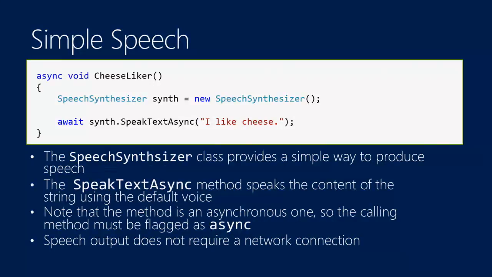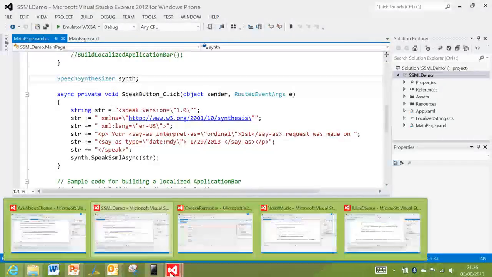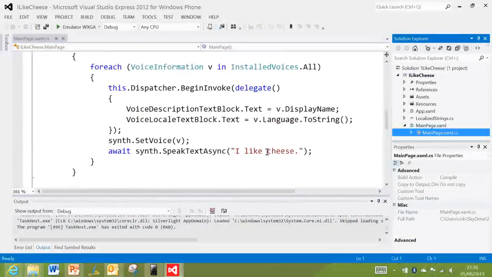And I've actually made it a bit more interesting than that, in that if I go onto my machine, and we go and have a look in here. I like cheese, that's fine. What this one does is it does it in every single voice on the phone. One of the things that you find is the emulator is fitted with a whole bunch of different voices. Some of them are English, some of them are not. And if you run the program up, then you get,